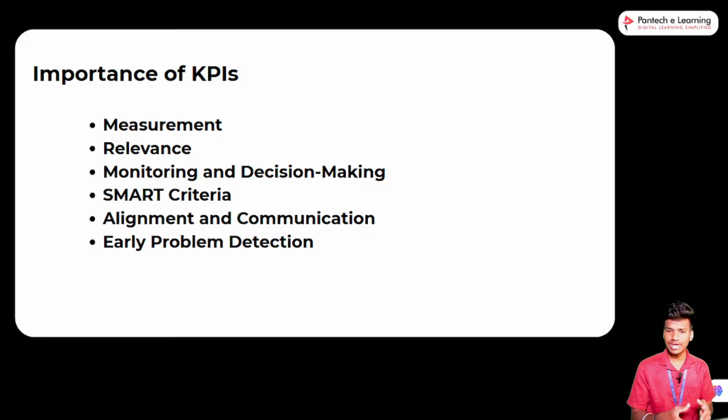So next one, alignment and communication. That is the structure of our process or structure of our data. Next one, early problem reduction. If there is any kind of problem about our data set, about our fit, or process, we can easily, early, sort out the problem. So we cannot take too much time for this particular thing, the data analysis or the measuring thing. This kind of thing is important for KPI, for business goal.